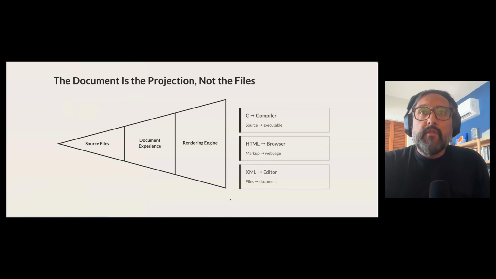If you're writing code in C, that might be a compiler. If you're building for the web, that might be a browser like Chrome. In both cases, there's a layer between the human readable file that you write, like say our XML, and the final program that you actually use. And so a document is not just the files in a folder either. It is somehow the experience produced from those files by tools like Word, Google Docs, or SuperDoc.